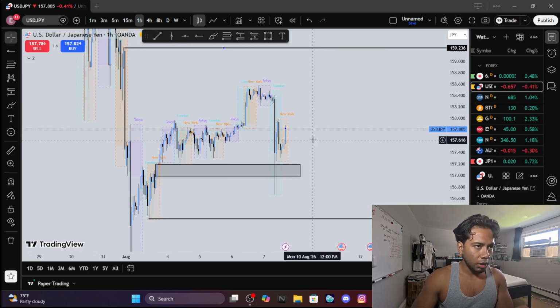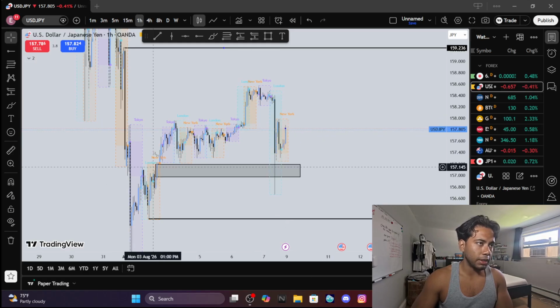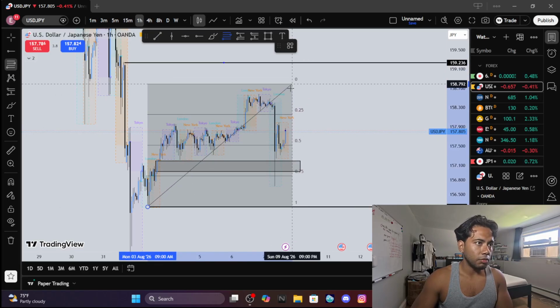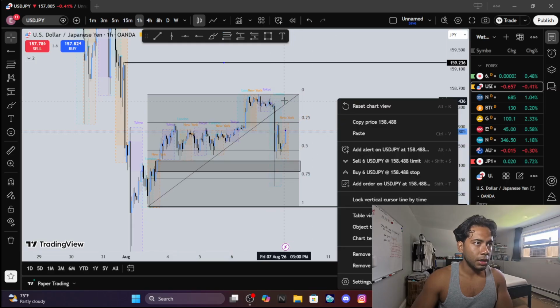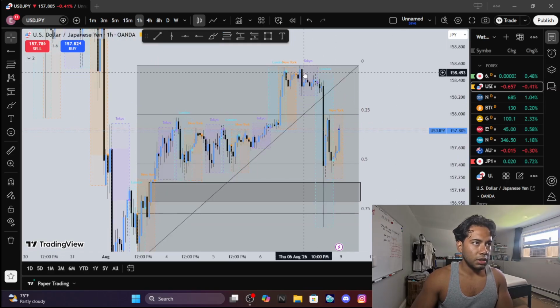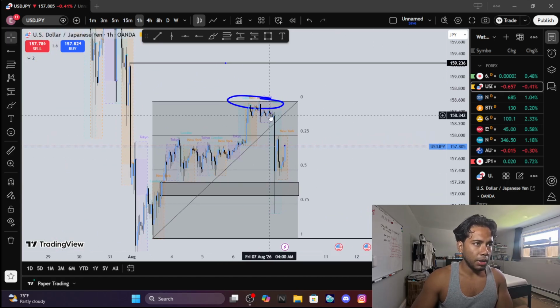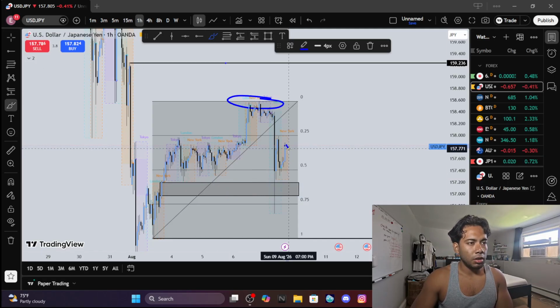It absorbed a lot of buy orders here, so I honestly don't think price will keep going back down. So let's put our Fibonacci on and see what we've got going on. We do have a little bit of resistance over here at this price point, but honestly, I think we could push upwards. We already absorbed all those buy orders. When the market opens, price might come back down to this level and retest it,